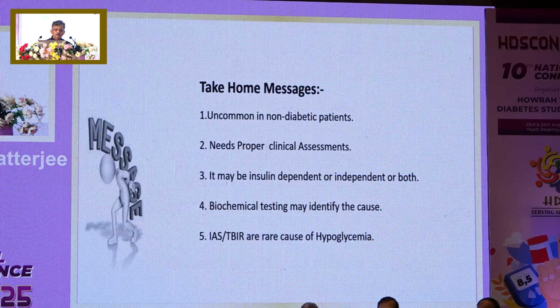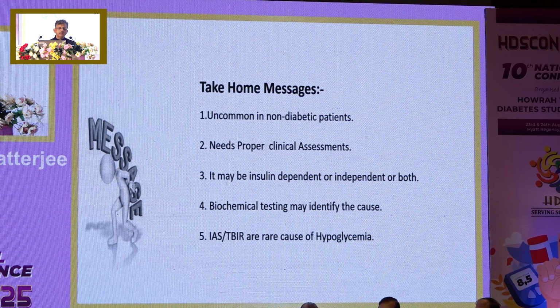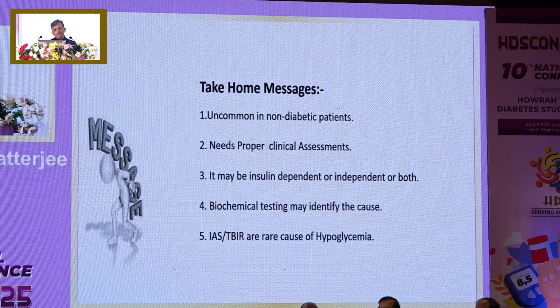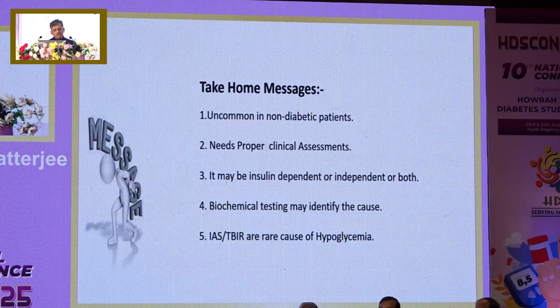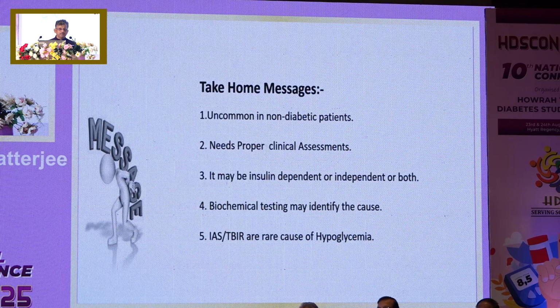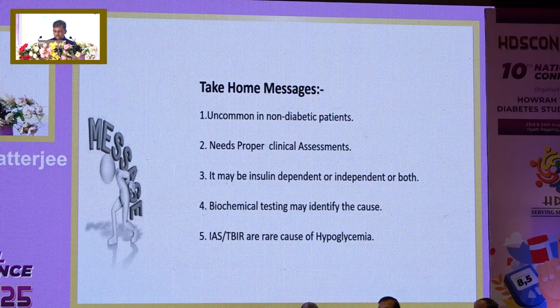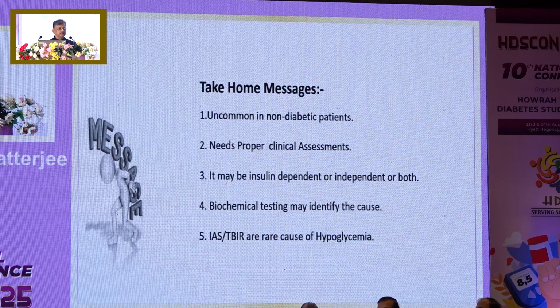Autoimmune diseases like insulin autoantibodies and insulin receptor antibodies are quite rare causes of hypoglycemia, and again you have to identify the antibody in autoimmune hypoglycemia. But this type B insulin receptor antibody that I have shown you is very difficult to identify, as the test to detect antibody against the insulin receptor is not available in most centers in our country, and they are quite rare. So I must stop here, and if you have any question, any comment, please do.